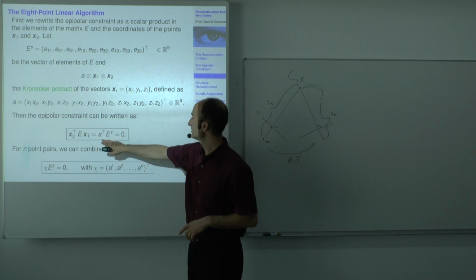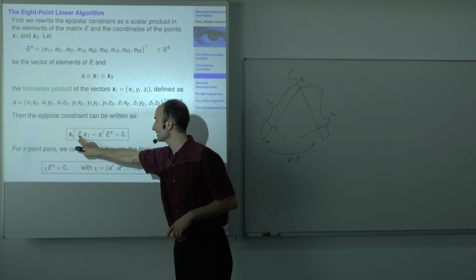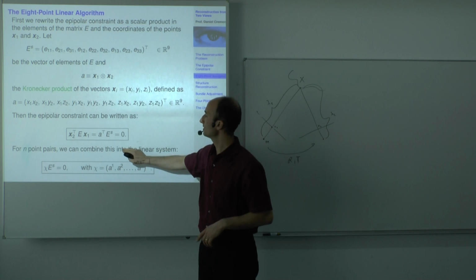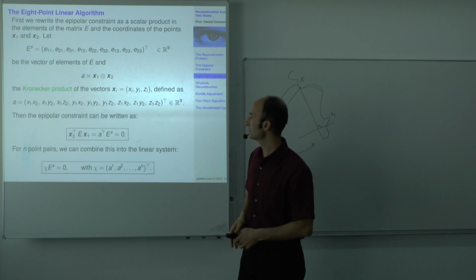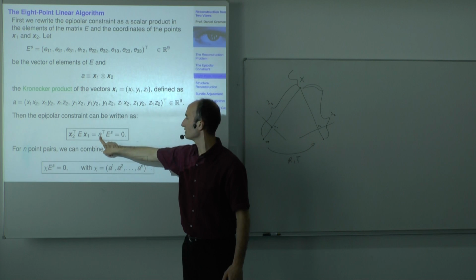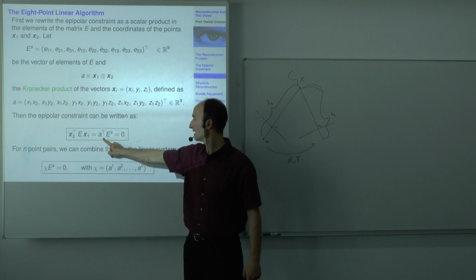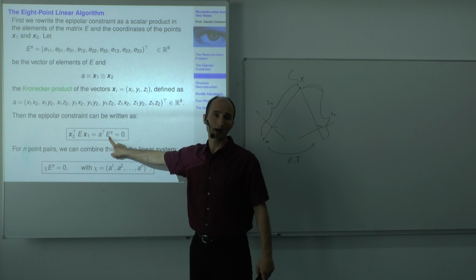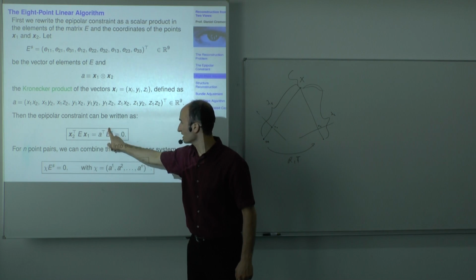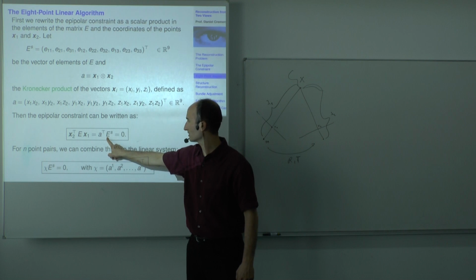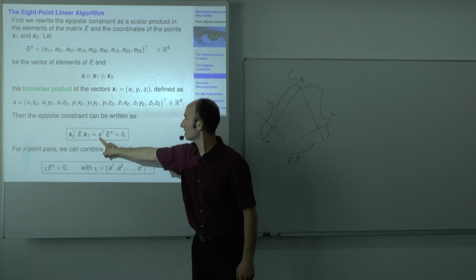So we rewrote with the essential matrix, T hat R is the essential matrix. This is the epipolar constraint. We wrote it as a scalar product of two vectors, one containing the known 2D coordinates and one containing the unknown camera parameters. And so we see that the projection of that stacked vector of the essential matrix on A